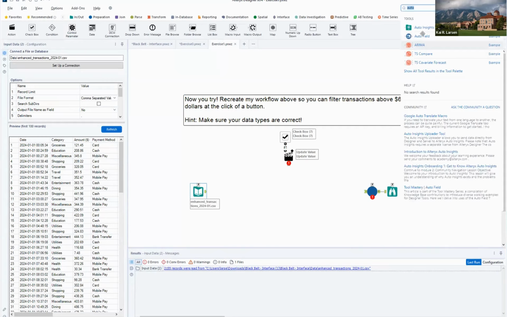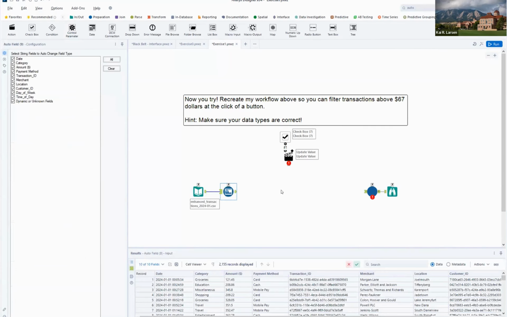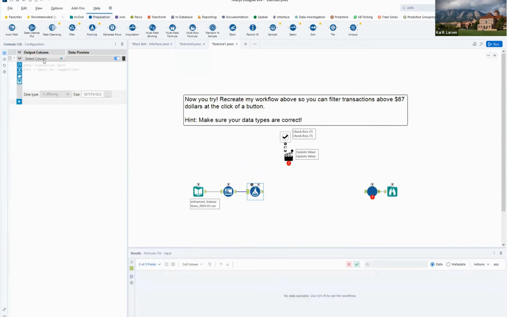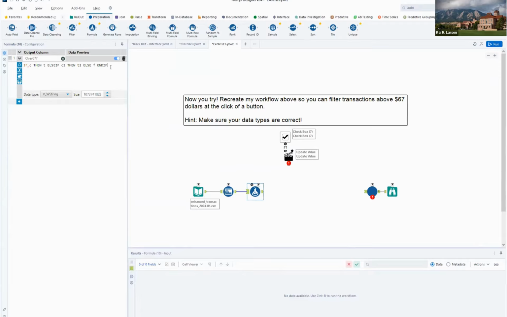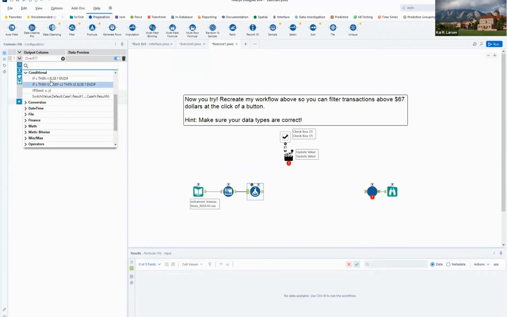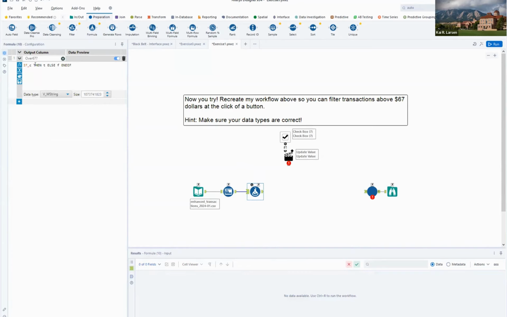I'm going to put in an auto field tool, and I am going to put in a formula tool and create a new column called over 67 question mark. And I'm going to do my slow if-then statement, go and put in a function, conditional if, that's not the if then I wanted. I'm going to delete that, go back, conditional if then else, clean it up a little bit, put it on different rows,